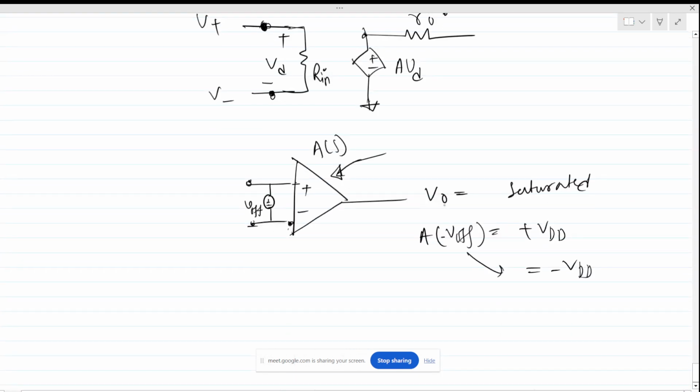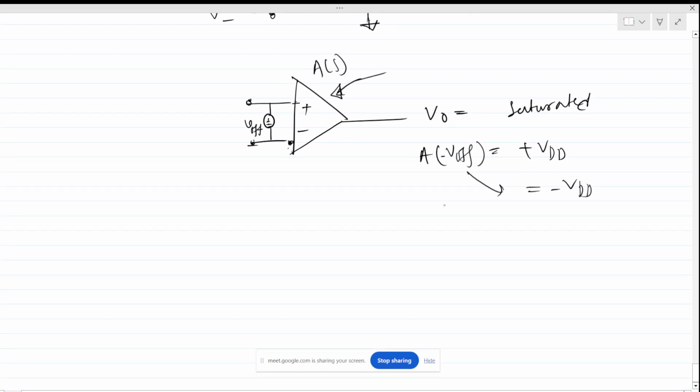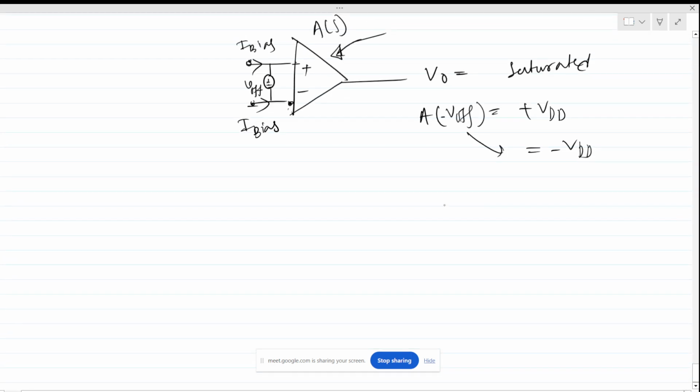Now, this is the offset, and there is also bias current present in practical life. So there is I bias there, which we will discuss later. Now this op amp has a transfer function of A of S, and in practical life this is frequency dependent,